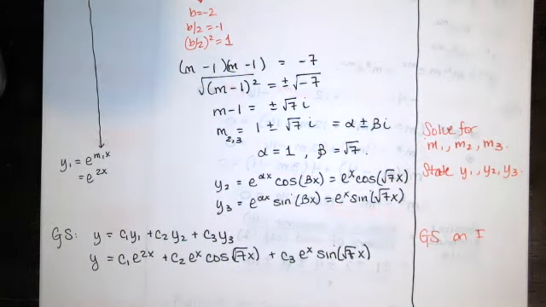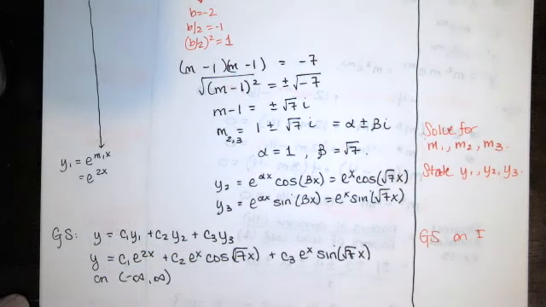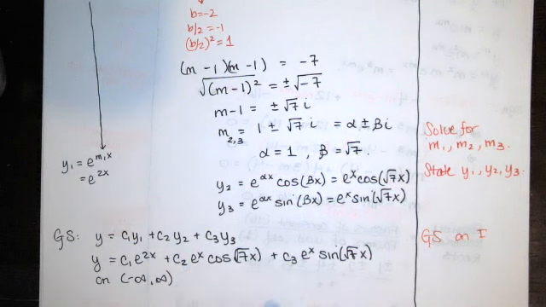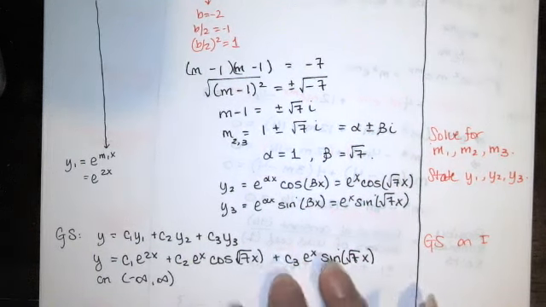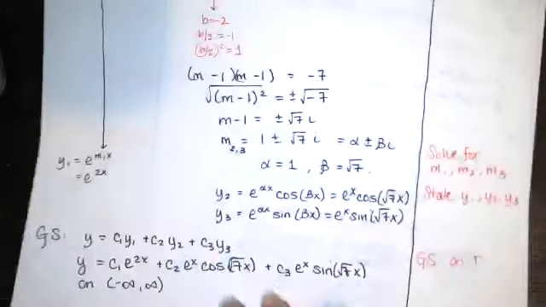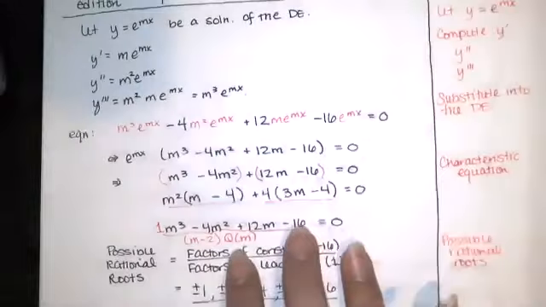And the interval of existence is all real numbers. So all of these functions are well defined for all real numbers x. Now, if we were just asked to solve the differential equation, we would be done. That would be our answer. But now we have to find the values of C1, C2, and C3 that cause this equation to satisfy these